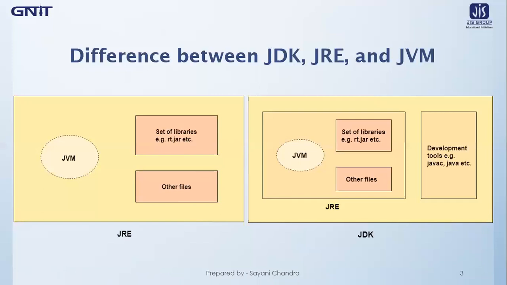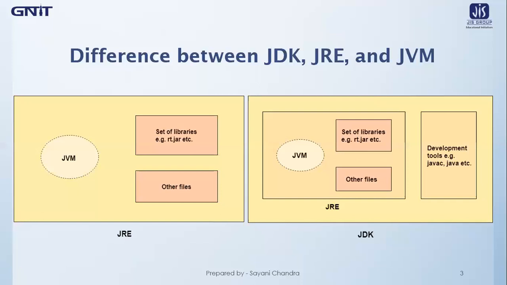The next topic is JDK. JDK is an acronym for Java Development Kit. The Java Development Kit or JDK is a software development environment which is used to develop Java applications and also applets. It physically exists. It contains JRE plus development tools. JDK is an implementation of any of the three Java platforms that are released by Oracle Corporation. The three Java platforms are Standard Edition Java Platform, Enterprise Edition Java Platform, and Micro Edition Java Platform.